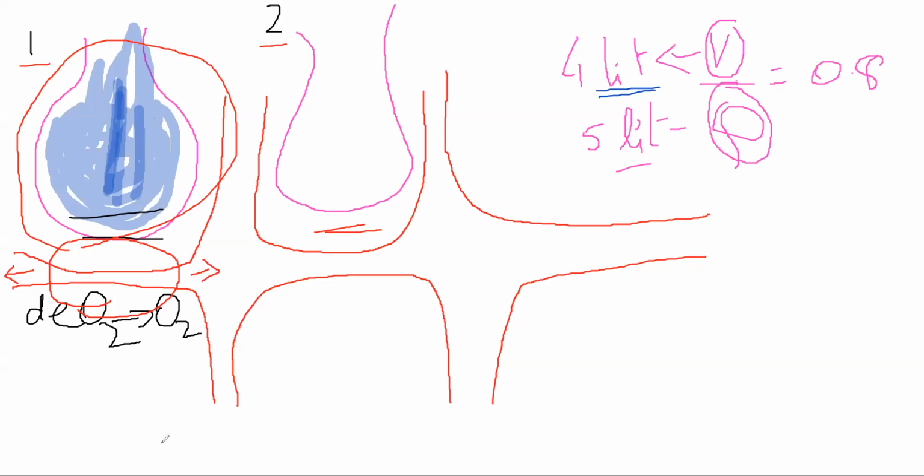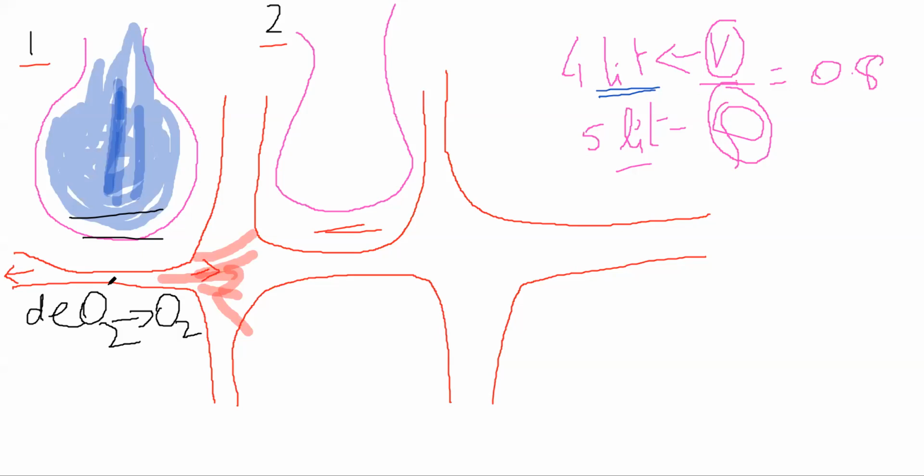Now, because there is a problem in the alveolus here, what will end up happening is this blood vessel will constrict, so that whatever blood is present in that blood vessel which wants to get oxygenated will be pushed aside. This blood will start moving this side. More blood will start going this side and more blood will start going this side. Basically, it will try to find other places where it can get oxygenated. This is fine if it happens in one alveolus and in one blood vessel. If you can see this, it is one small blood vessel that is getting affected, others are not getting affected as much.